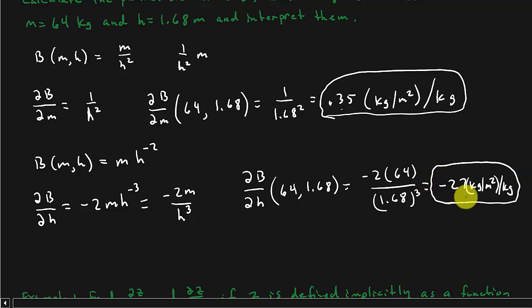And so this is similar. This is the rate that the man's BMI increases with respect to his height when his weight is 64 kilograms and his height's 1.68 meters. So if the man's still growing, if he's still getting taller and his weight doesn't change while his height's increasing, so if his height's increasing by a small amount, say 1 centimeter, then his BMI will decrease by about